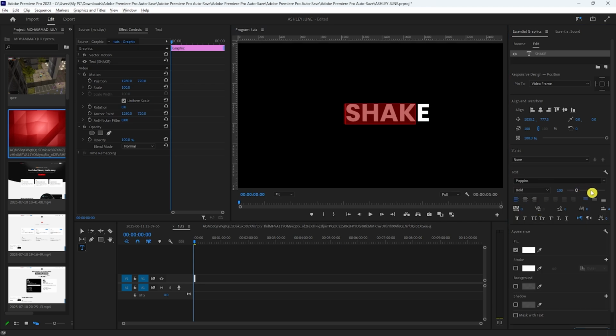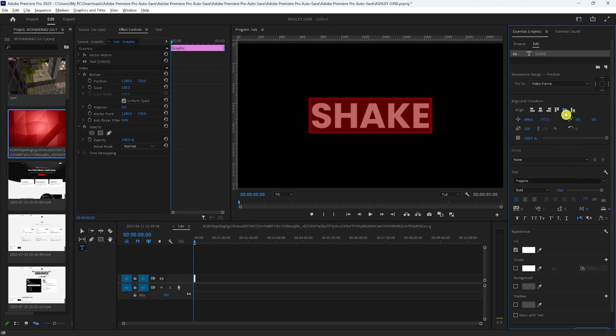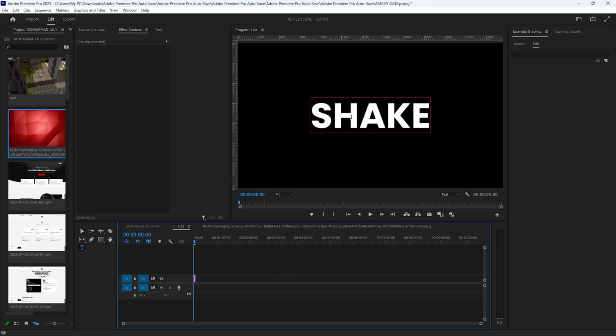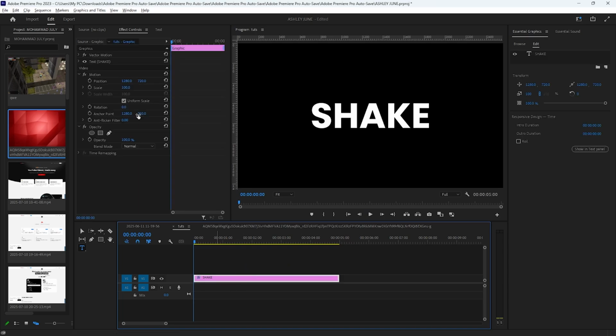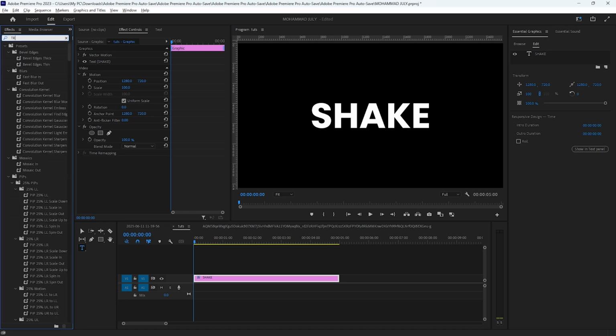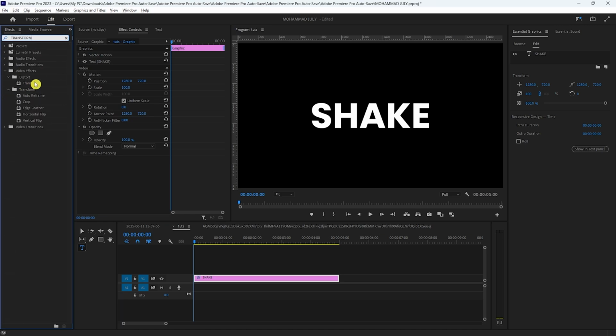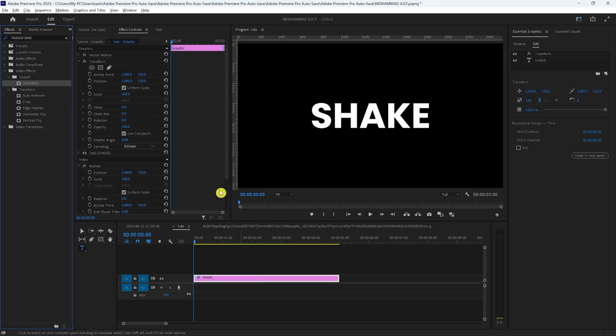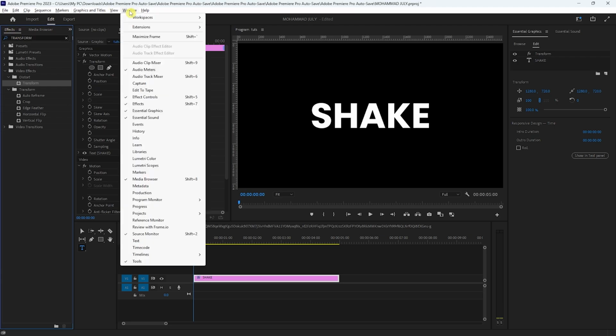And then I would want it to be much bigger so that we would be able to notice the shake effect more. Right there. And then once you are done, you want to simply go here, select your text, and then go into Effects, and then basically just go for Transform and drag it into your clip or text right there. And then again, if you don't have the effects, it's right here in the Window,